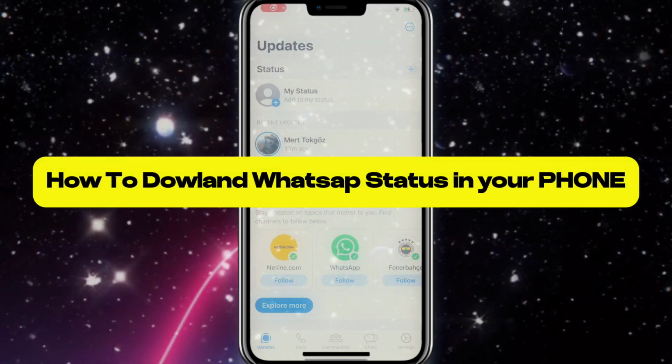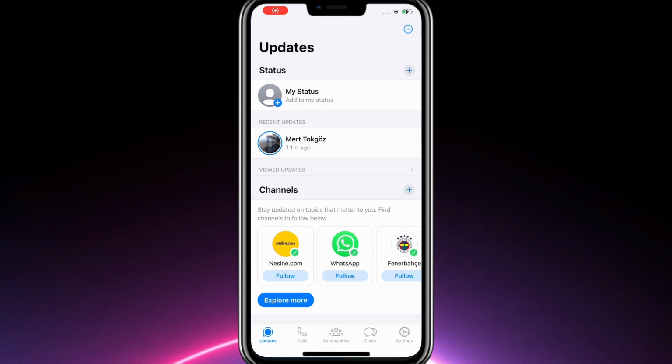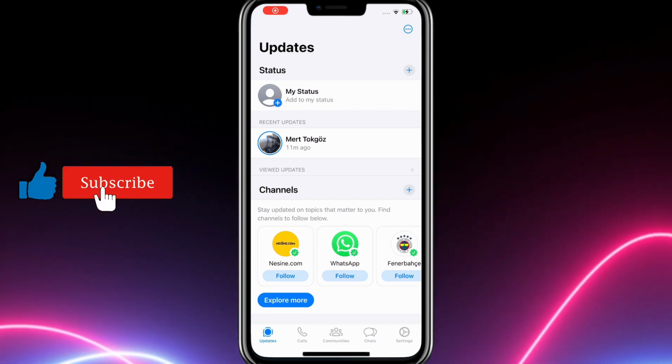Hello, everyone. If you are looking for how to download your WhatsApp status to your phone, let me show you how to do it. First of all, go to Settings